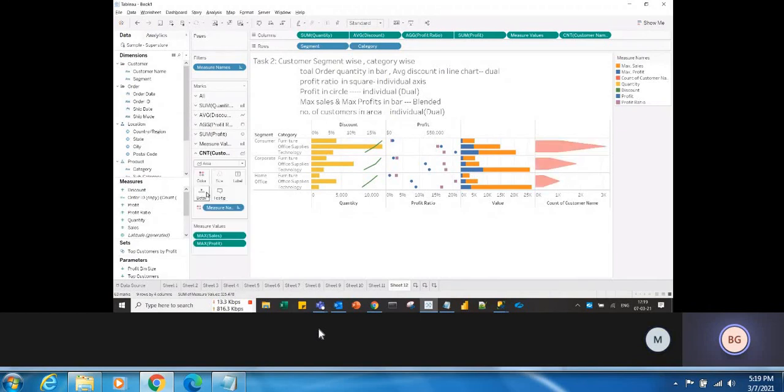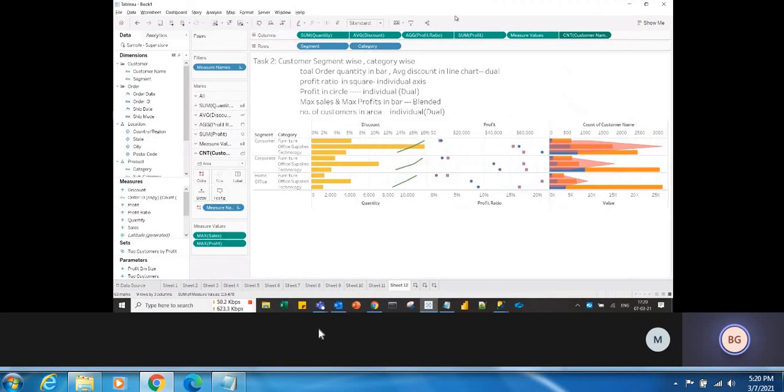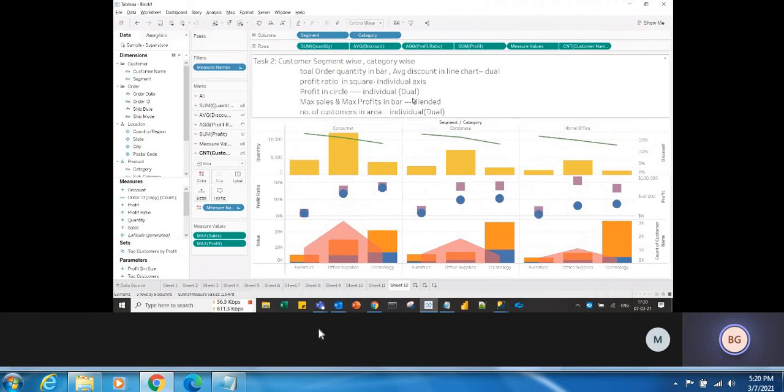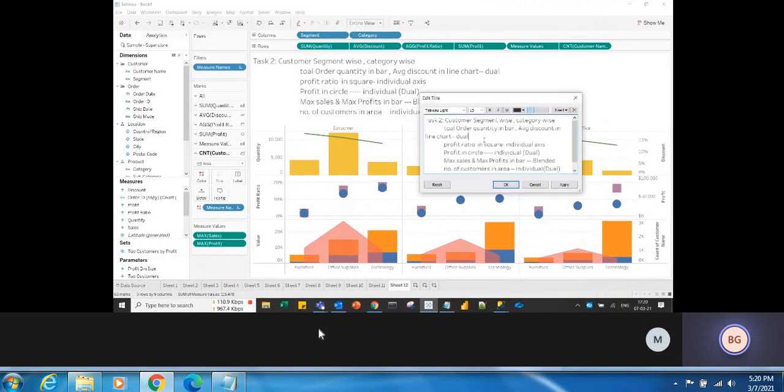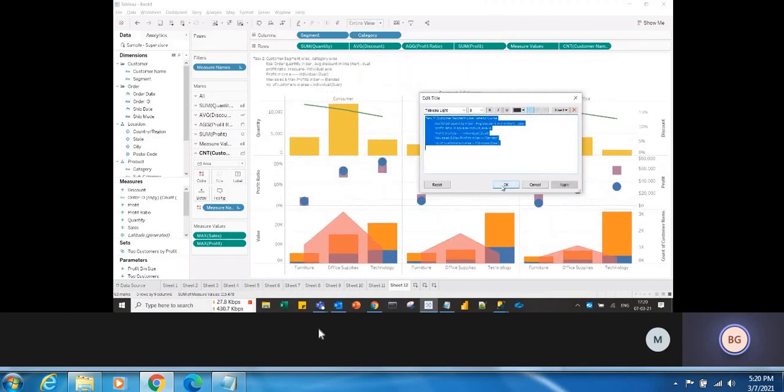Okay, but what is that? We need to make that as dual axis, right? So first we have created the individual axis. Now let's make it dual by selecting the dual axis. Okay, see like this. So this I don't want to have, so just hide the card and let's take the entire view and let me swap the view. Okay, so let me reduce the size of it because it is taking so much space. Okay, now this is the view.